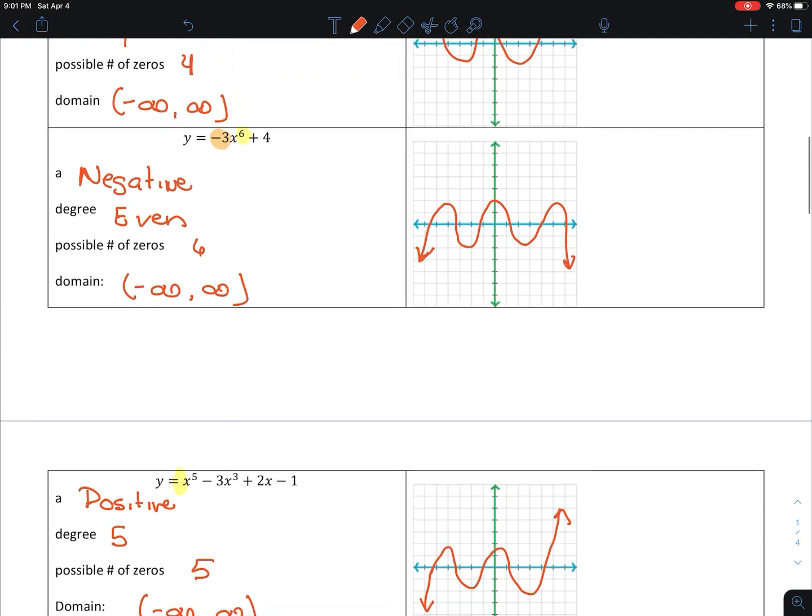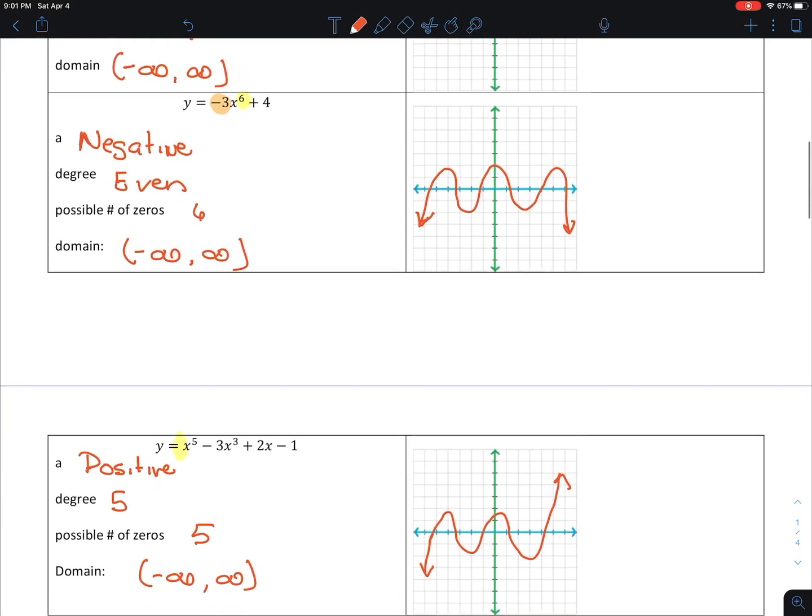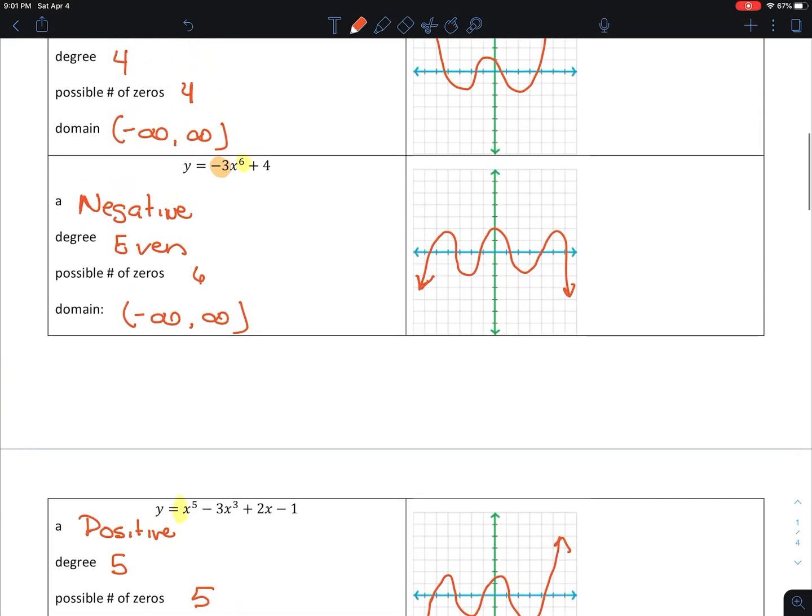Alrighty. So that is how we use the degree and the leading coefficient to sketch a graph. So come back to the next video and watch how